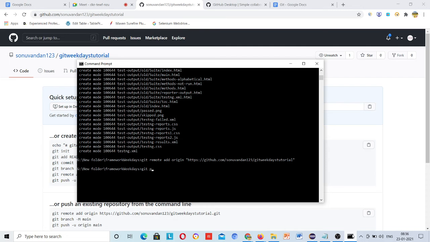Git push origin. You have already defined that this is the origin. Inside origin, which branch? Master, because by default there is one branch created, master. Just enter here.